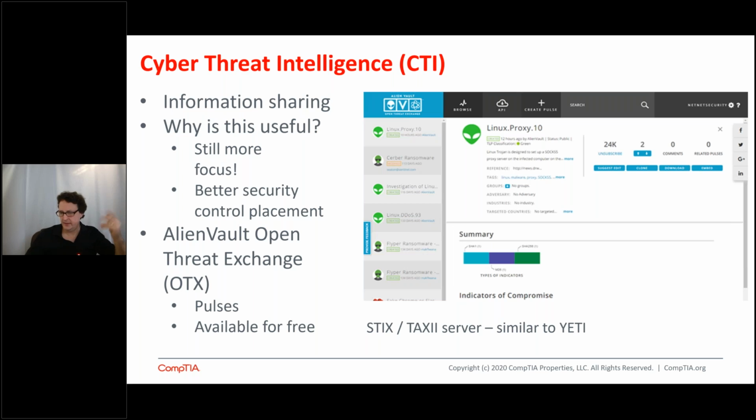What you're looking at here is a screenshot of something called AlienVault OTX. It's a threat exchange kind of tool. It's free. You can go and analyze it. At CompTIA, we have the CompTIA ISAO now. It's very similar. The idea is that we have, whether it be AlienVault or all these organizations, these information sharing and analytics organizations, they're very good at collecting data from around the world about really important hacks for a particular sector, managed service providers or the automotive sector, or even more general. But the idea is to get more focus on intelligence and to get information.